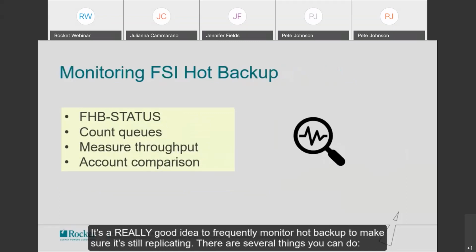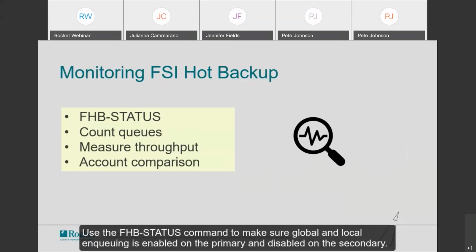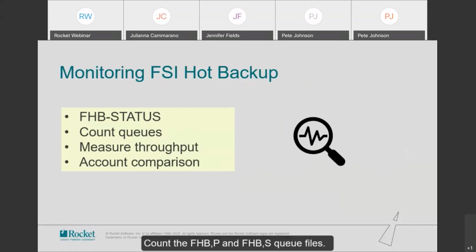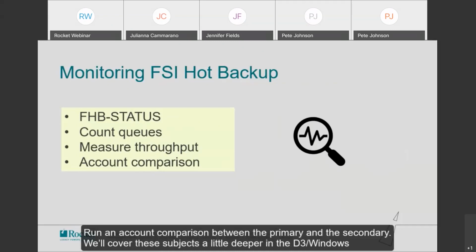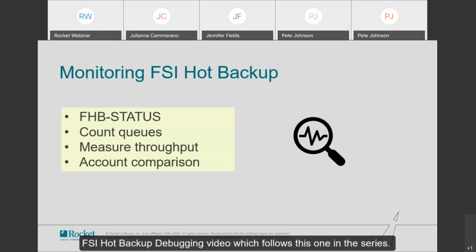It's a really good idea to frequently monitor hot backup to make sure it's still replicating. There are several things you can do. Use the FHB status command to make sure global and local enqueuing is enabled on the primary and disabled on the secondary. Count the FHB, and FHB, SQ files. Measure throughput. Run an account comparison between the primary and the secondary. We'll cover these subjects a little deeper in the D3 Windows FSI Hot Backup debugging video, which follows this one